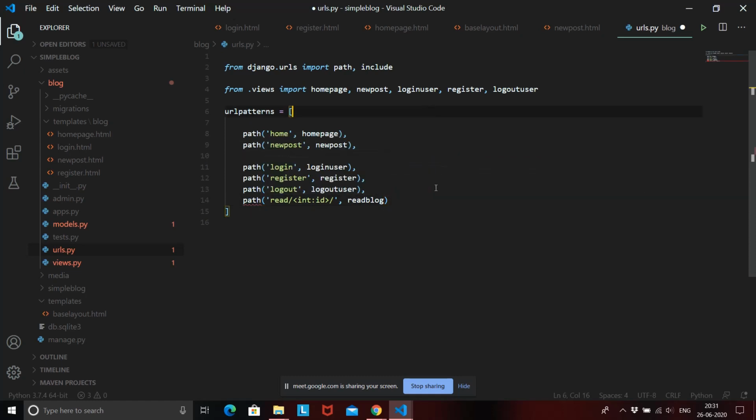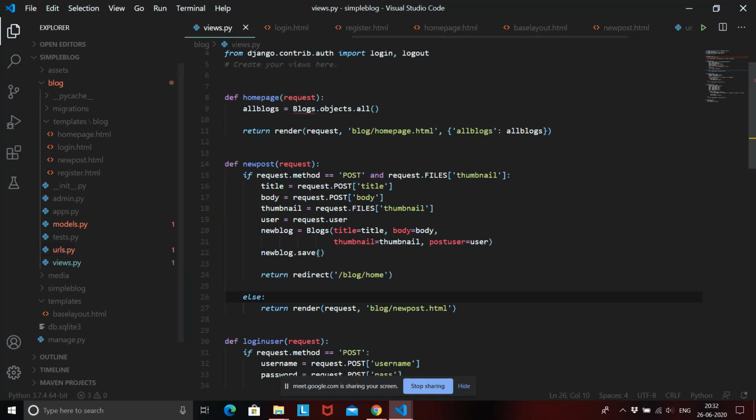So now what's happening here is we need to create this function of read blog. Okay, so now we have successfully handled the URL that is taking us to read slash an ID, and then we have to call this function read blog. Okay, so let's quickly create this function of read blog.